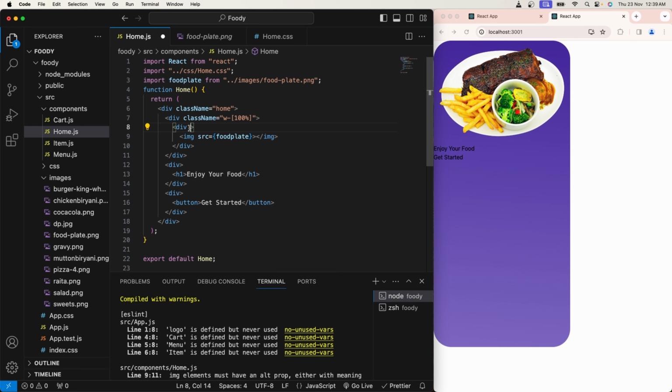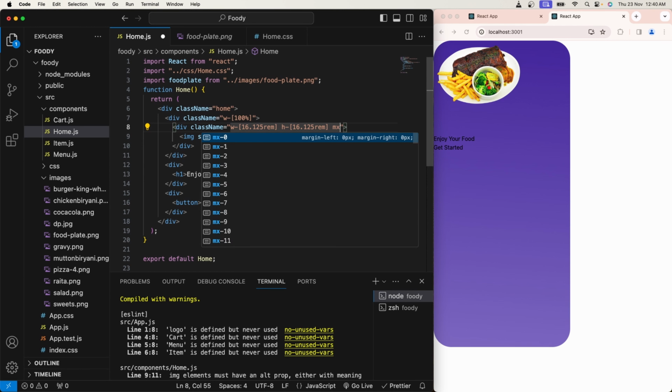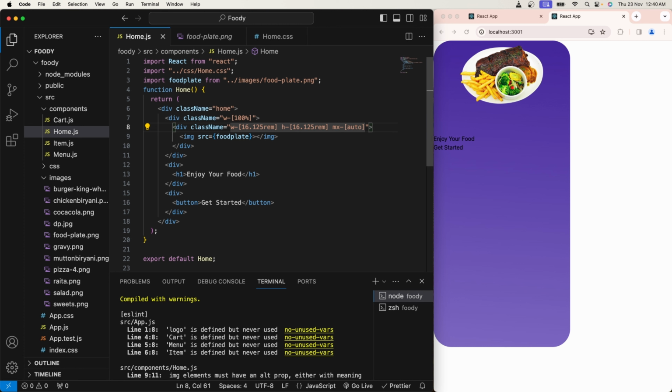For that, what I do is I reduced the width, and then I control the height, and then I wanted to make it in the center of the div, and then